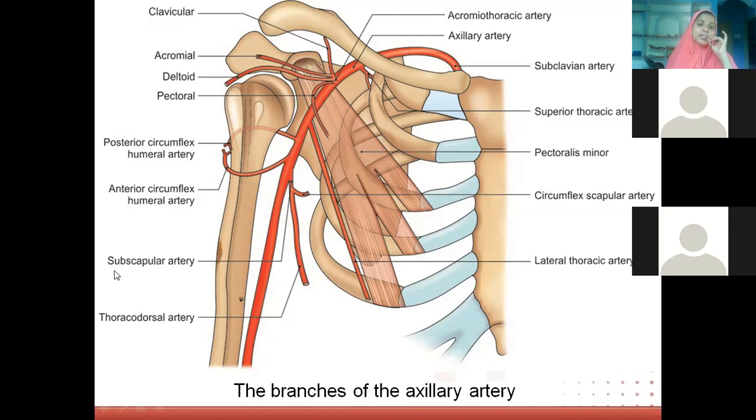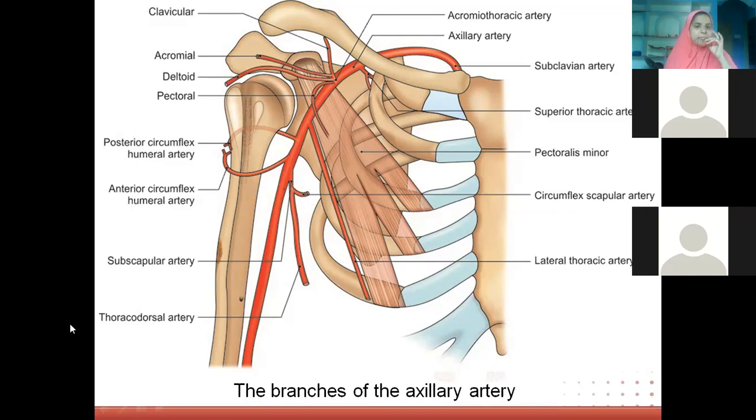This runs over the subscapularis muscle. What we have seen, like in the costal surface of the scapula, we had subscapularis muscle, isn't it? So this artery runs over the subscapularis muscle, okay, and it gives one branch which is called circumflex scapular artery. Again, circumflex scapular artery takes part in the formation of anastomosis around the scapula bone.